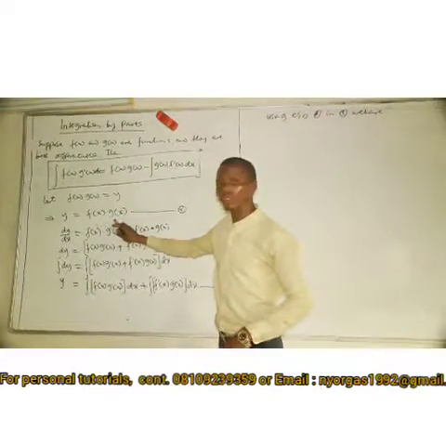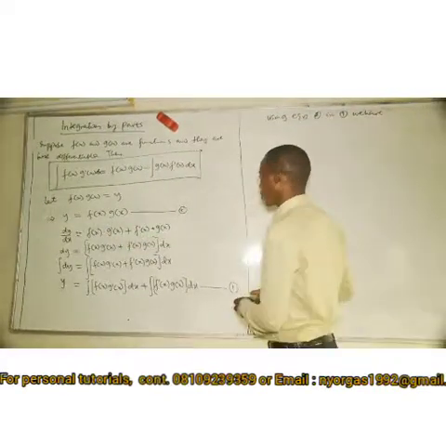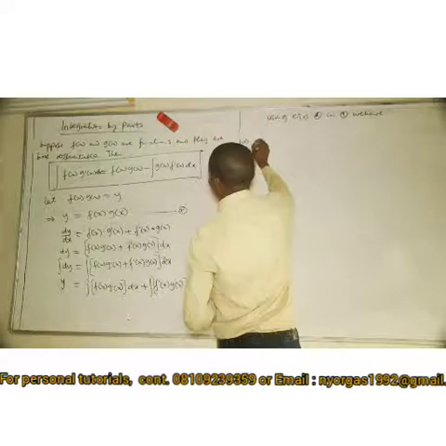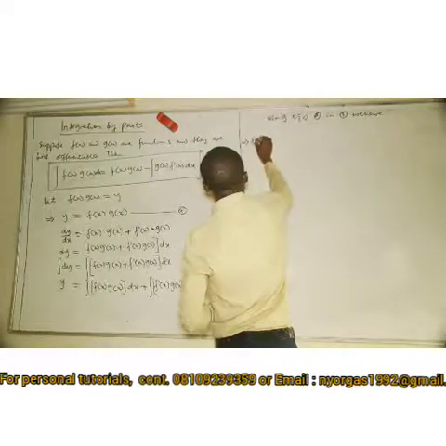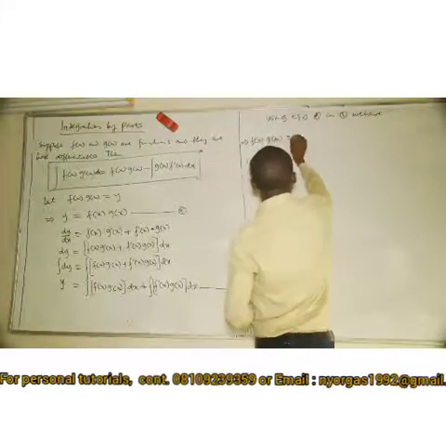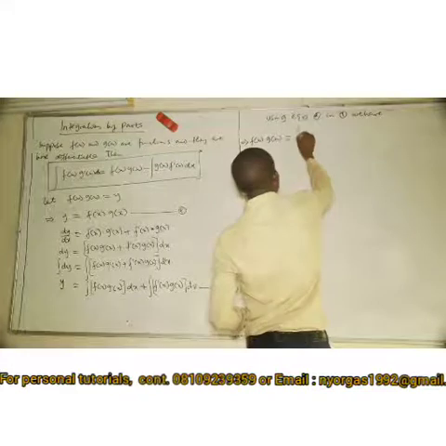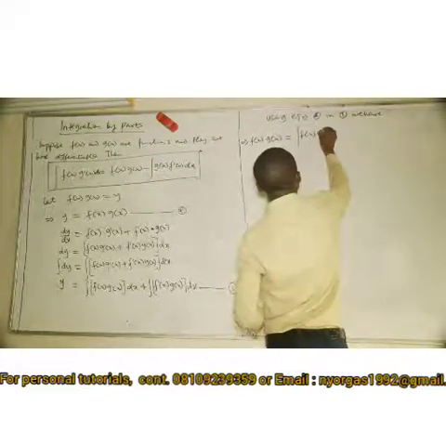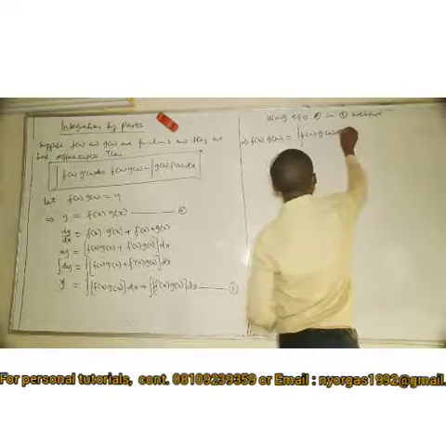Can you see? It's okay. Now this implies f of x g of x is equal to the integral of f of x g prime of x dx